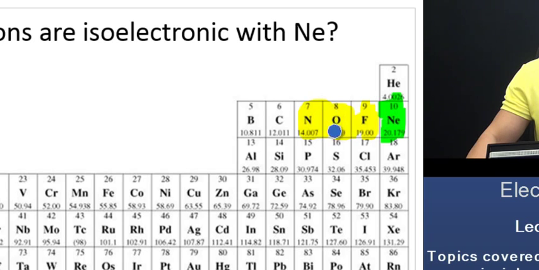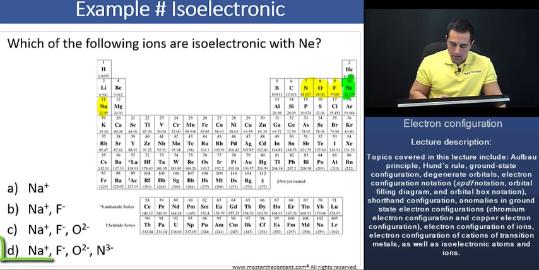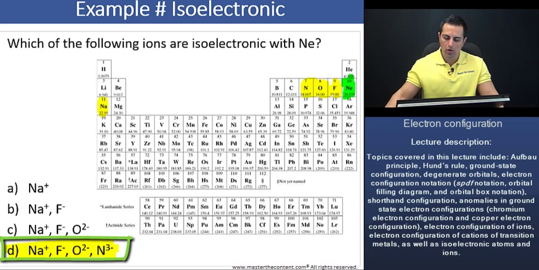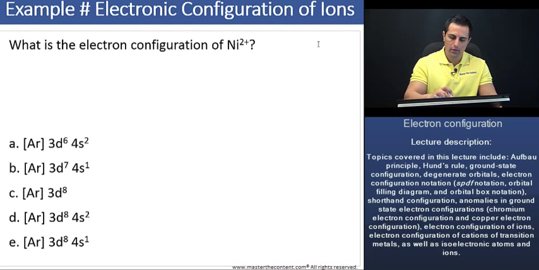How about oxygen? When the oxygen atom gains 2 electrons to become an oxide ion, it too will be isoelectronic with neon. And the nitrogen atom, when it gains 3 electrons, 1, 2, 3, to become a nitride ion, it too will be isoelectronic with neon. Thus, in this scenario, we can then say D is the correct answer choice, as all of the following ions are isoelectronic with neon. Let's proceed now to our next slide. Now here we're being asked